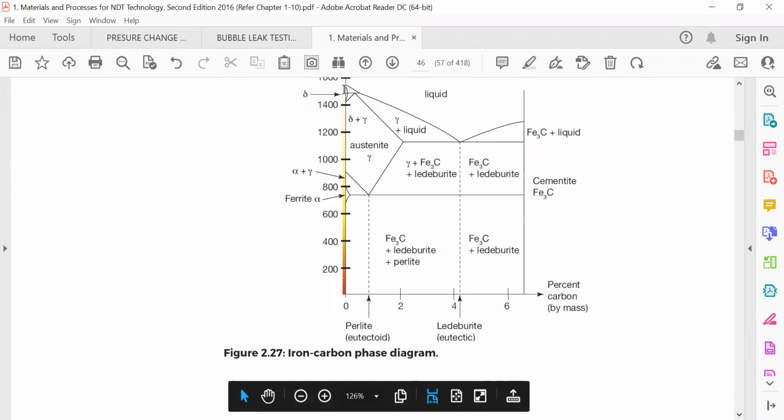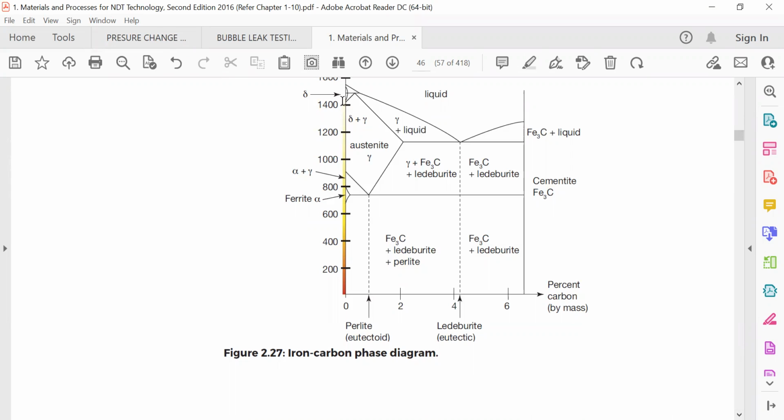This temperature he is telling about this year, 1400, 1350, something like that. He's telling, but here it is showing about the delta state is 1450 degrees centigrade. Below that is the solid state, austenite state, delta, sorry, gamma stage. So gamma stage is austenite stage. Below that,